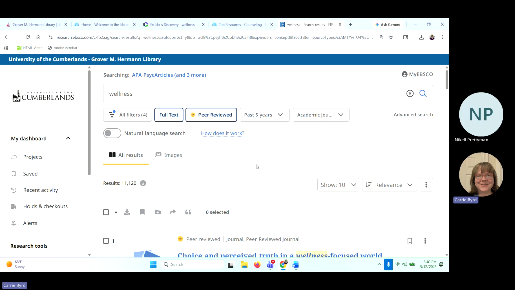One is length. Scholarly articles are typically more in depth, and that means that they are longer. An article that is only 1 or 2 pages long is probably not going to meet the criteria. They can be upwards of 50 to 100 pages long. So short little dribbles are probably not going to get you where you need to go. So that's one of the things that you can look for. Is this longer? The next thing that you can look for is the language that they're using,